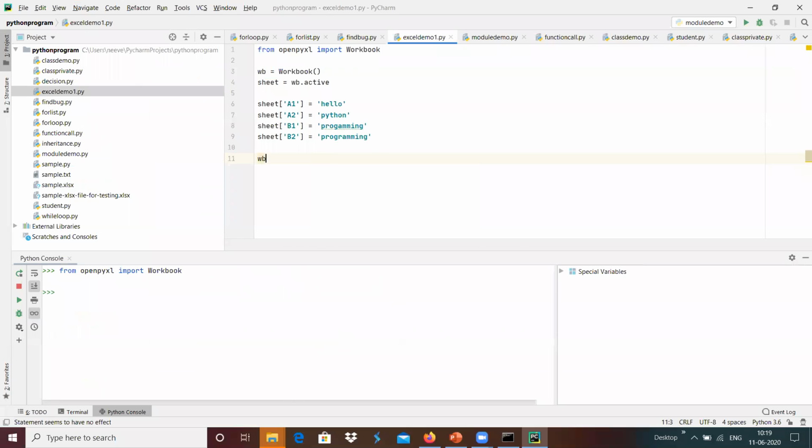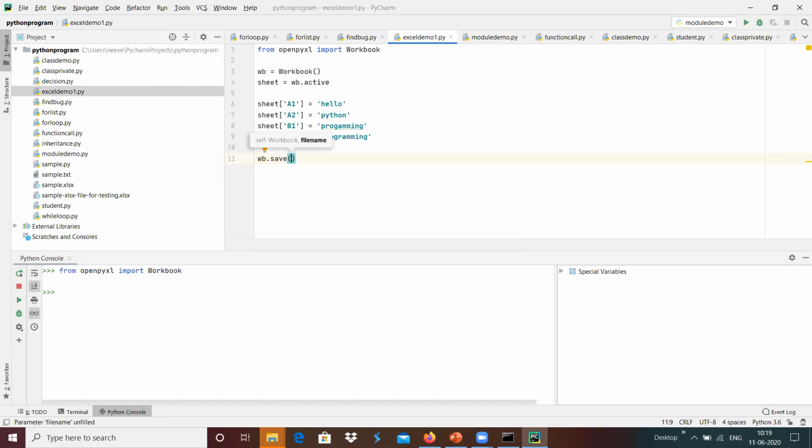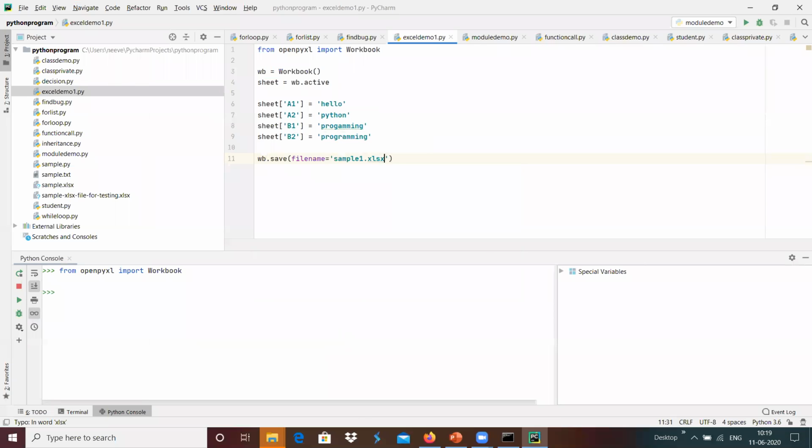I'm going to do wb.save over here, and give the filename equals sample1.xlsx.